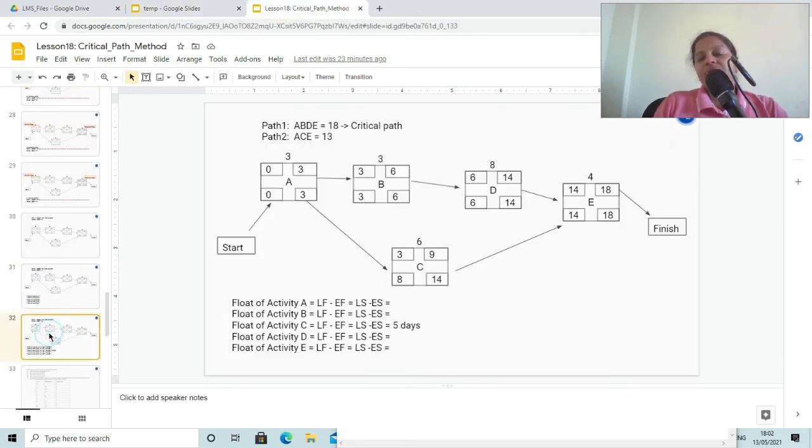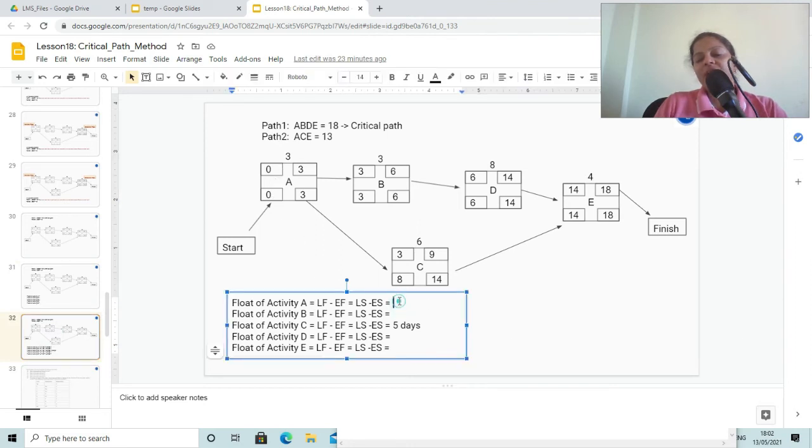So now what we are going to do is late finish for activity A. Late finish for activity A is 3 minus early finish is also 3. So it is 0. And if you see activity B, the late finish is 6 and early finish is also 6. So either you do 6 minus 6 or you do 3 minus 3, you are going to get the same value, 0.